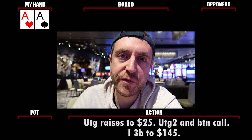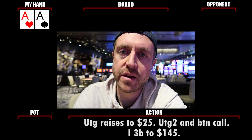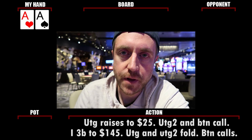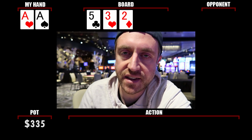Under the gun thinks about it for a little bit and then folds. Under the gun +1 folds pretty quickly. Back to the button who makes the call. So we are off to see a flop here, heads up. Flop is 5-3 deuce rainbow, which I think is a pretty good flop because yes, he could have flopped a